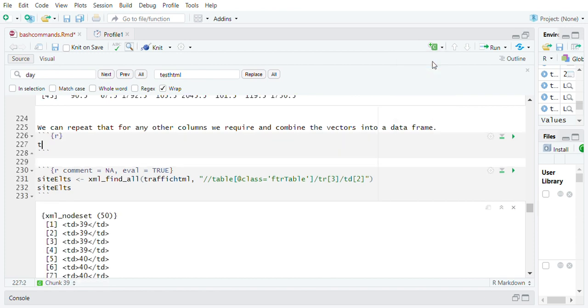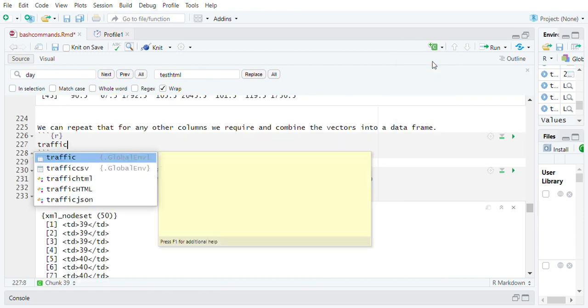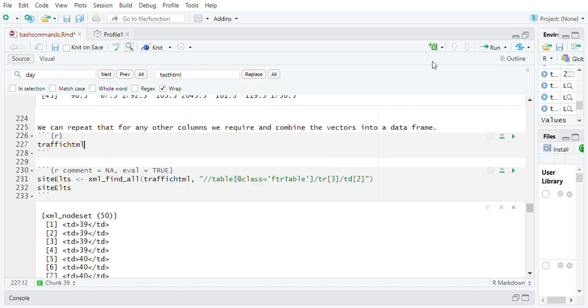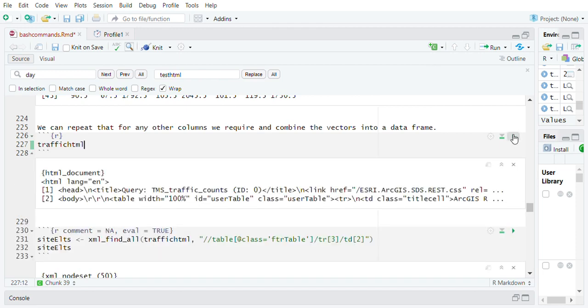So traffic HTML looks like this. XML find all, double apostrophe, double backslash table,